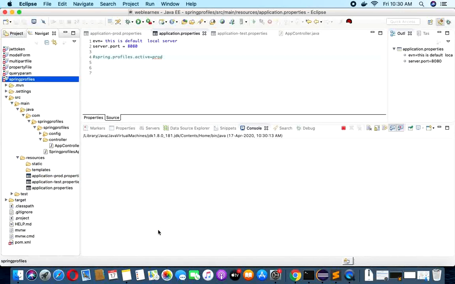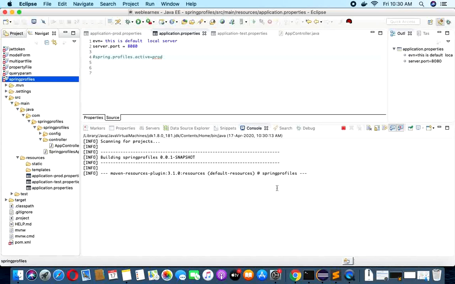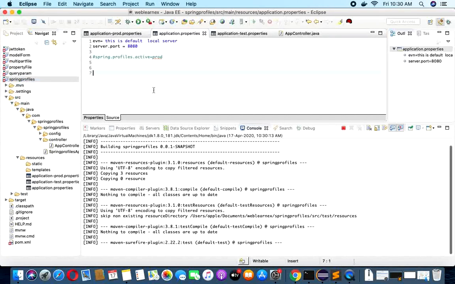It will automatically create one jar, and you can run your jar manually and assign your environment. So there is one command.